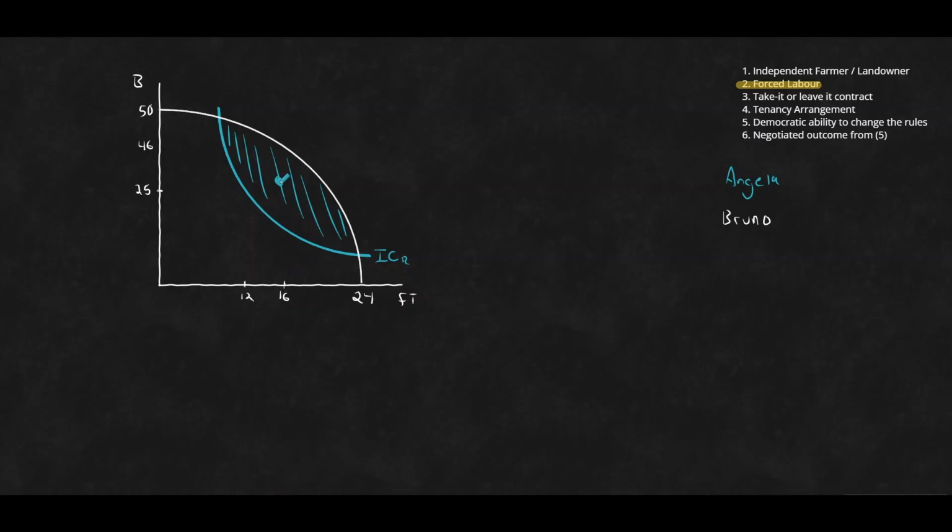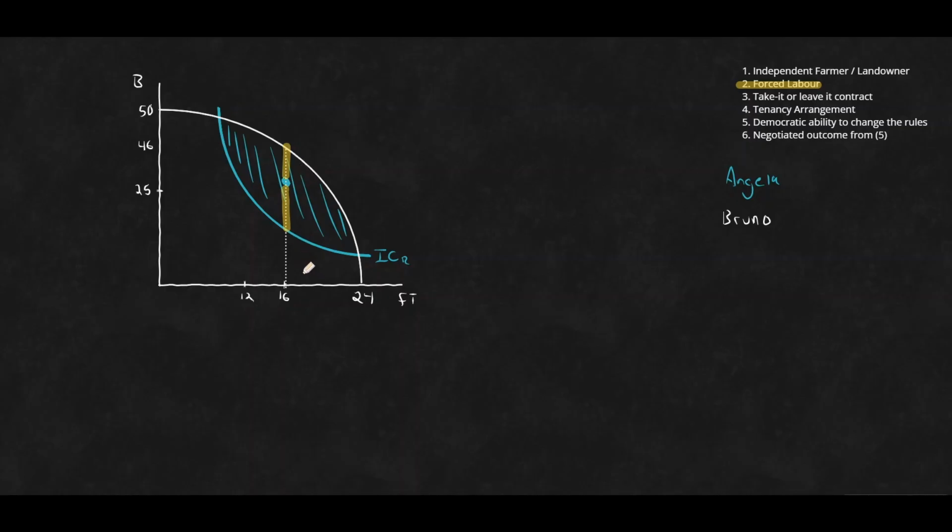like such, at 16 hours of work is roughly where that is. Let's use the right tool here. Not quite, but let's just move that over just so that I can keep my story. There we go, at 16 hours of work there. Angela gets a rent, that is her benefit above her reservation next best alternative. She gets a rent of that much wheat, and Bruno, as the landowner, gets a rent of that much wheat, such that they are both better off altogether. They both get some gains from trade.